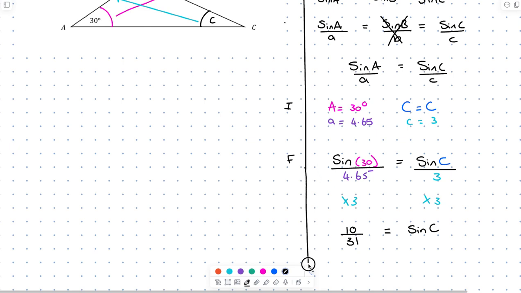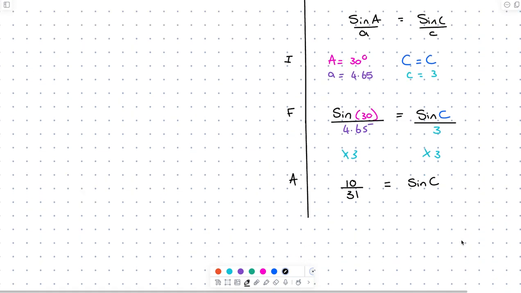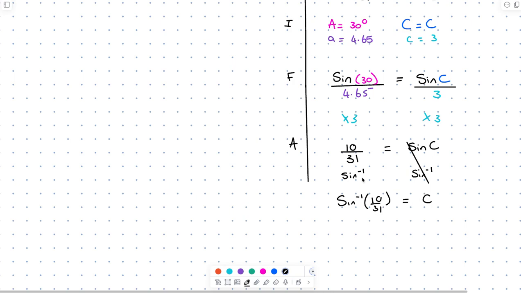Right, so this is the process of working out our answer. I want to get C on its own, to get the angle on its own. What we need to do to get the angle on its own is get rid of the sine. What is the opposite or inverse operation of sine? It's sine inverse. So I'm going to get sine inverse of both sides. So then I'm going to have sine inverse of 10 over 31 equal to C, because sine and sine inverse will undo each other, they're inverse operations. And if you put that into your calculator, you will get